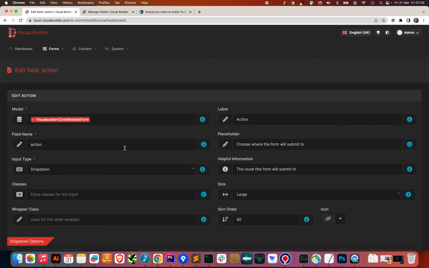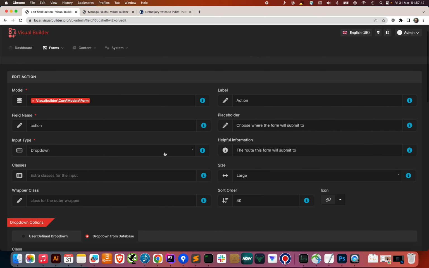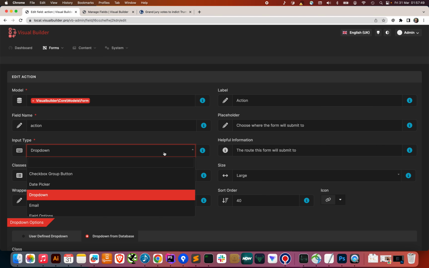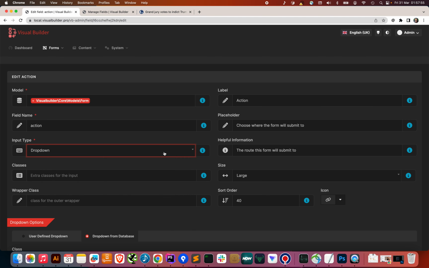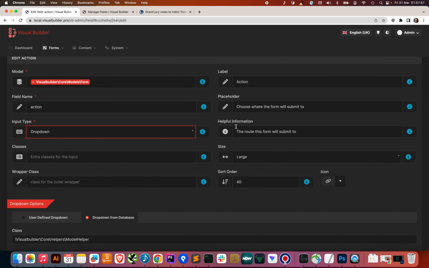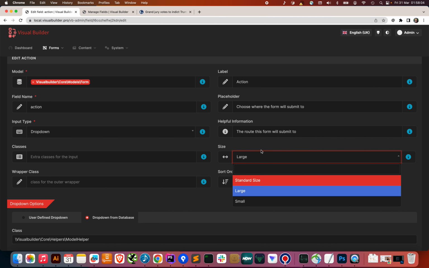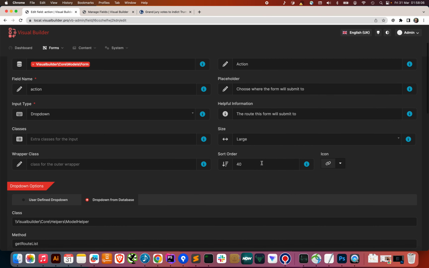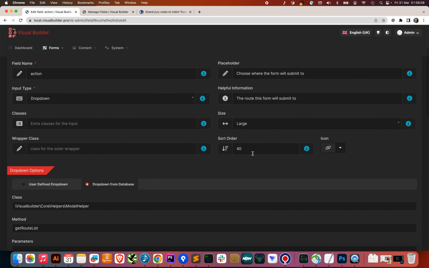We've got a label, a field name, a placeholder, and an input type, so this is linking to a component. Again, you can update the path where components are discovered if you've got your own custom component path. Helpful information that will get shown on the UI. Classes, a wrapper class, a size, that's standard, large or small. This uses the Bootstrap classes. A sort order. The sort order will be updated on the element when you drag and drop it, so